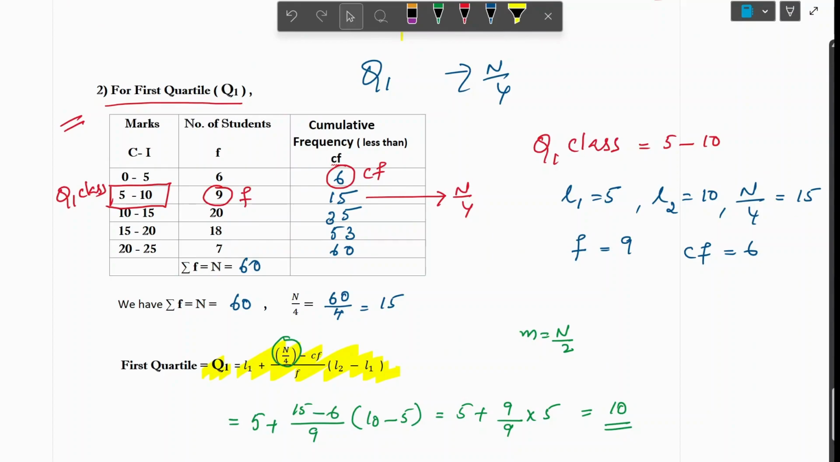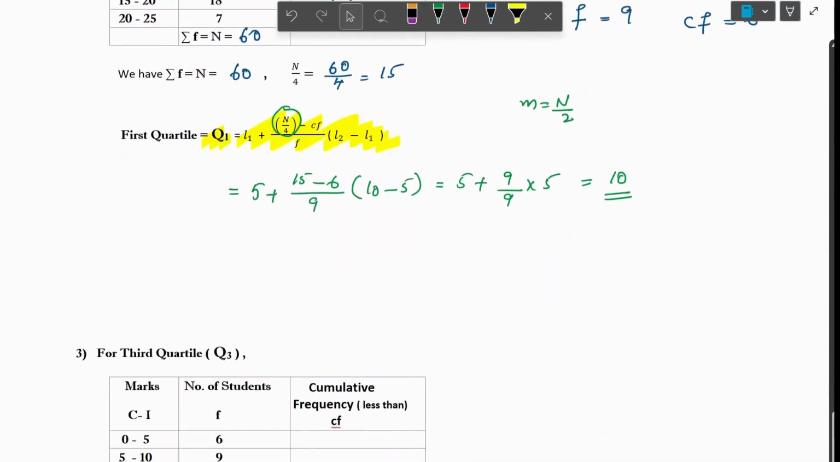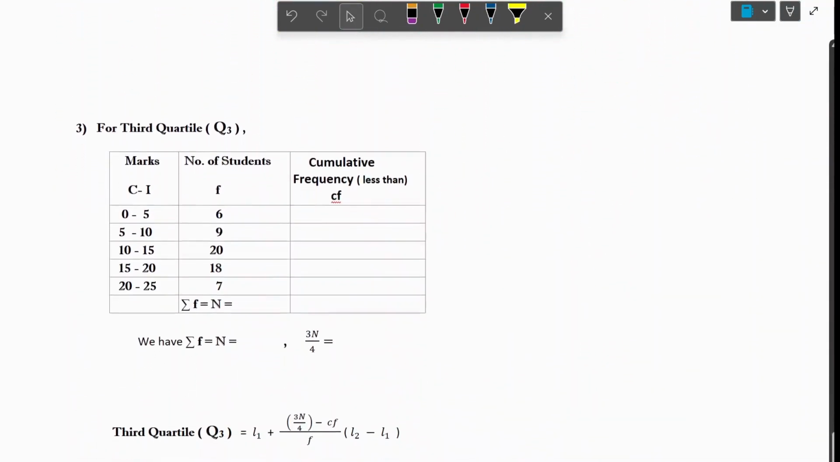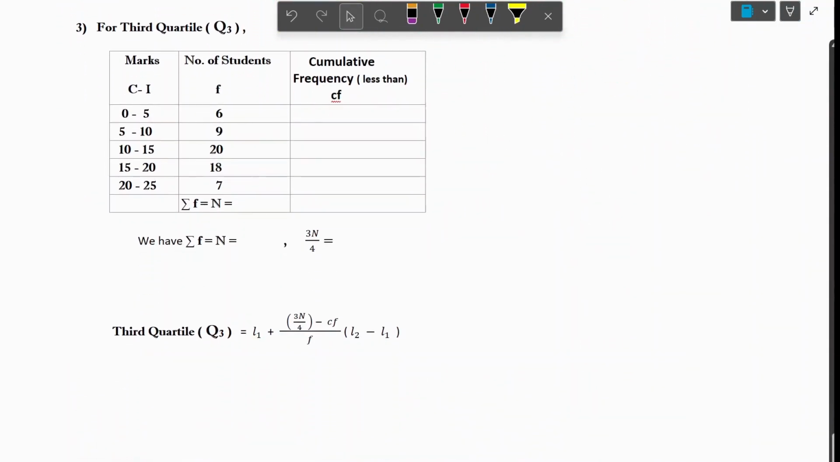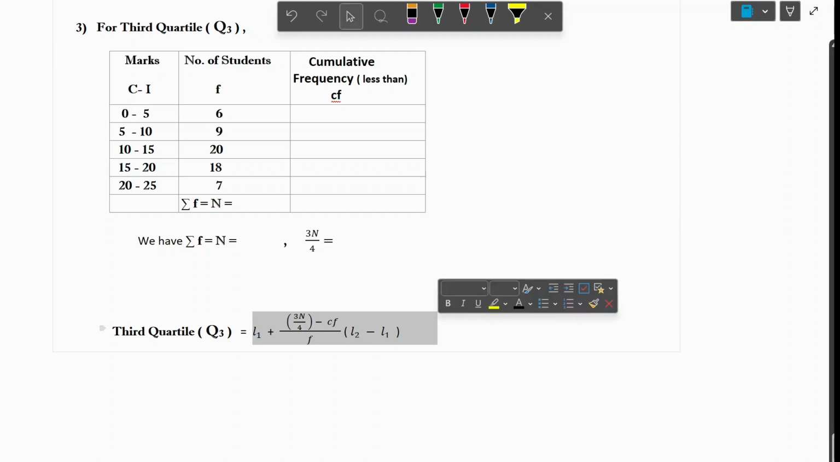Same way you can calculate Q1. Only the difference is going to come here. Instead of n by 2, it is n by 4. The formula also changes with the same. Next, Q2. That is second Q2 finish. That is your median. Q3, okay. For Q3, with the formula, it is same. Instead of n by 4 or n by 2, that is here